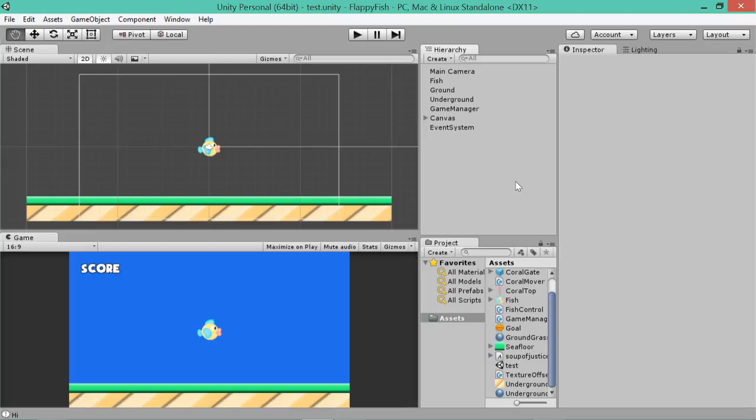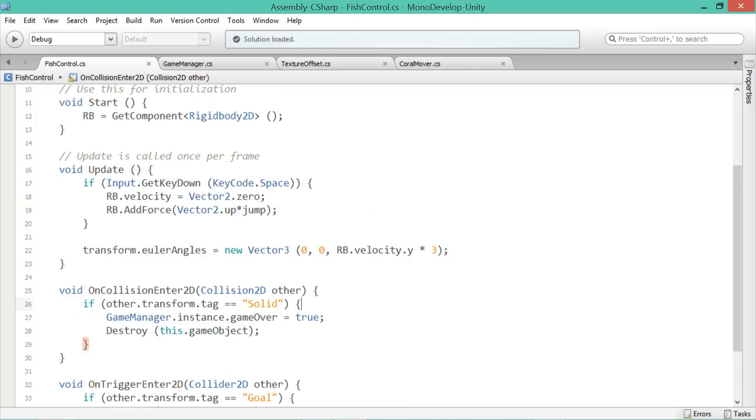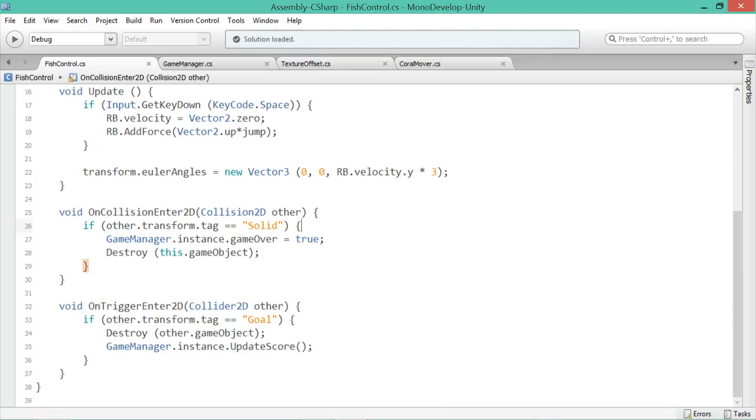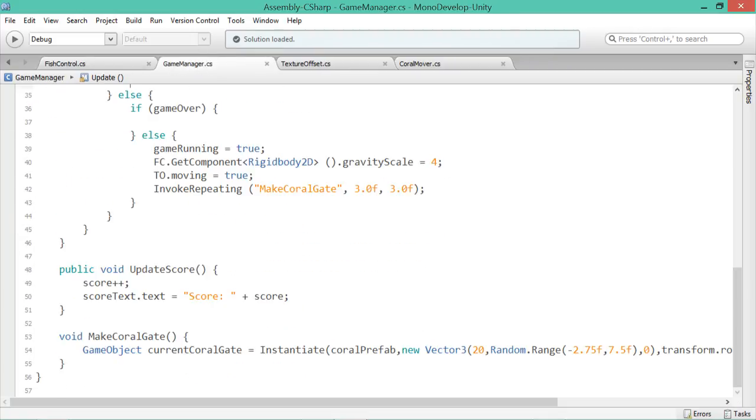In this episode, we're going to make some special effects for when you hit something and die. We'll make a particle effect system, and we'll also make it so that you can restart the game once you've lost. And we'll see how we go from there. We might also fit a bit of time in to put some intro text at the start. So first things first, open up your game manager script, and we'll want to find the part that says